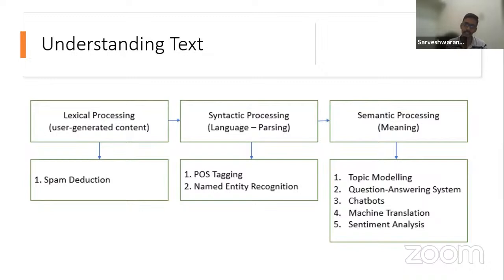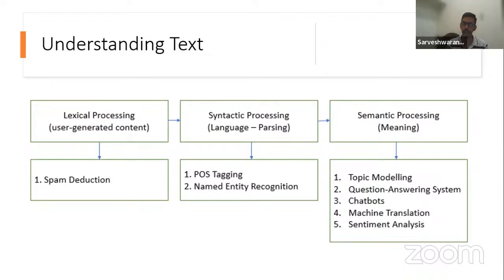And another one is named entity recognition, a very famous use case nowadays. If I have a number of documents, there is a lot of noise present, the unwanted words. I need to extract only the useful information from all the documents, or in a book, or in a set of text. How do I do that? I extract it using named entity recognition, by understanding the part of speech.